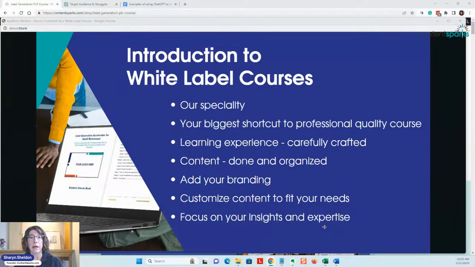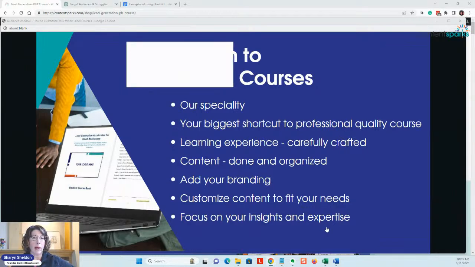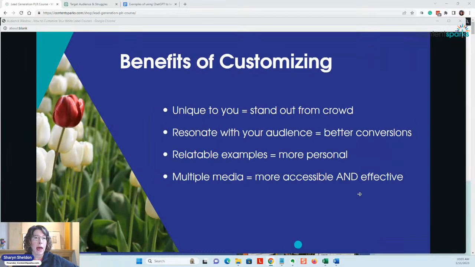You add your branding, customize it to fit your needs, and focus on your own insights and expertise, adding that in as well. Okay, so that's what white label courses are all about. And the customizing of them is really, really important because it's what makes you stand out from the crowd. And this is going to be important in everything you do in the past, in the future,